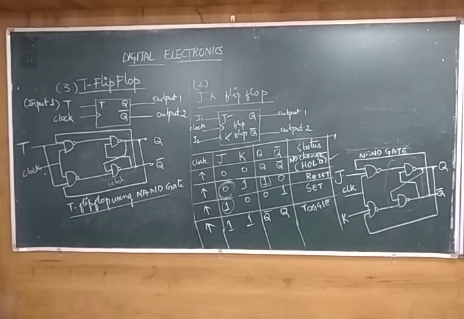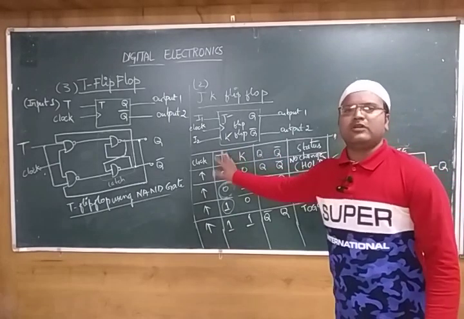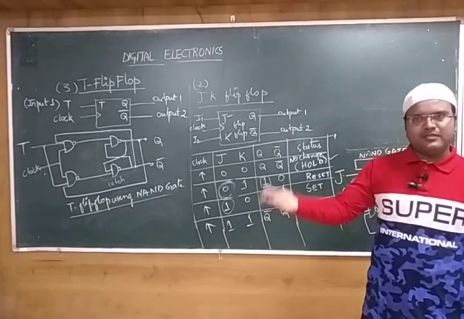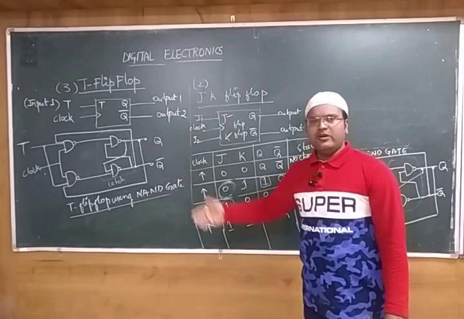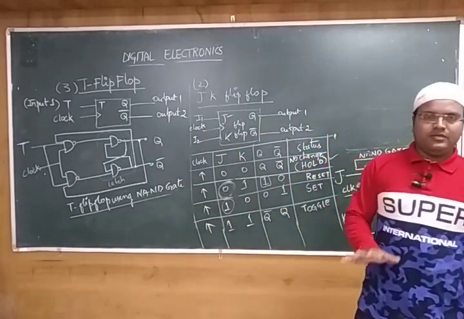So this is a continuation of your classes. Before starting the next class, make sure that you have watched the first one, the SR flip-flop video. That's the continuation we have in JK and T flip-flop. Without the SR flip-flop, you may not understand the depth of it. To understand JK, you should have an idea of SR flip-flop. After SR flip-flop, we discussed JK, then T. If you know T, only then will the D flip-flop be understandable for you.